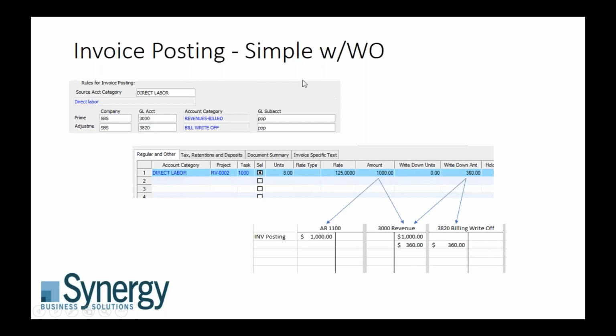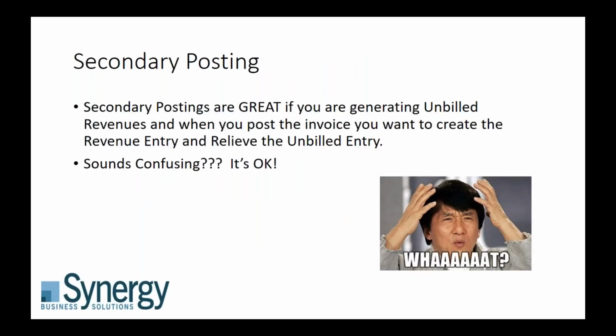So that is invoice posting using the simple method with a write-off. Now, I want to talk about secondary postings. And secondary postings are great if you're generating unbilled revenues. And when you post the invoice, you then need to create the revenue entry and relieve your unbilled entry. I know that sounds confusing, but this is a great feature, and I'm going to explain why here as we